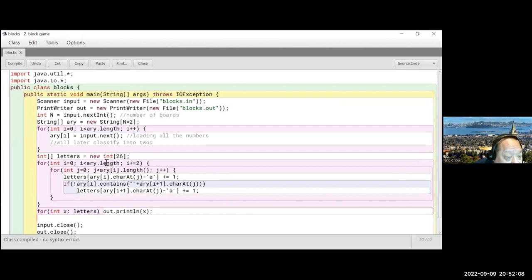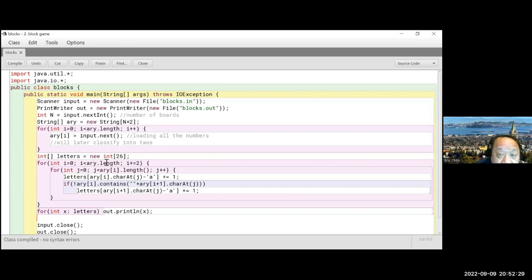So you input left and right, so every time you need to process 2, okay? You process 2, and then here you do say